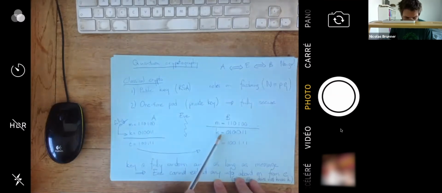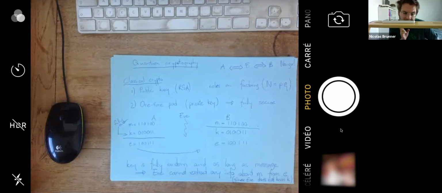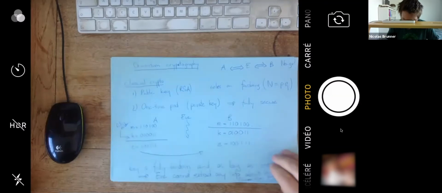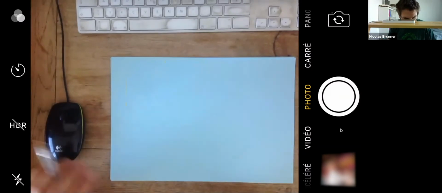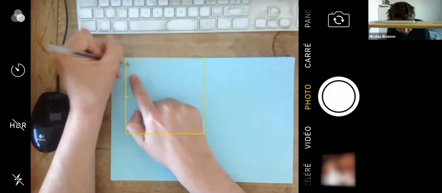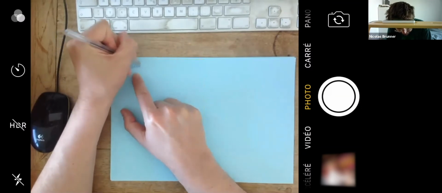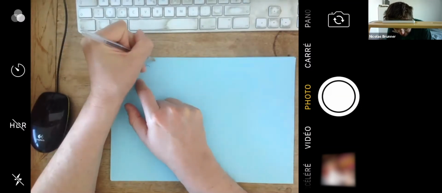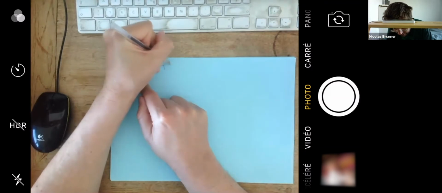But now the challenge is how do you share this key between two observers that have never met? And classically, as I mentioned before, there is no solution to this. You can prove mathematically that this is impossible, right? But quantum mechanically, it is possible, okay? And this is why quantum cryptography, in fact, has a more technical name, which is quantum key distribution.